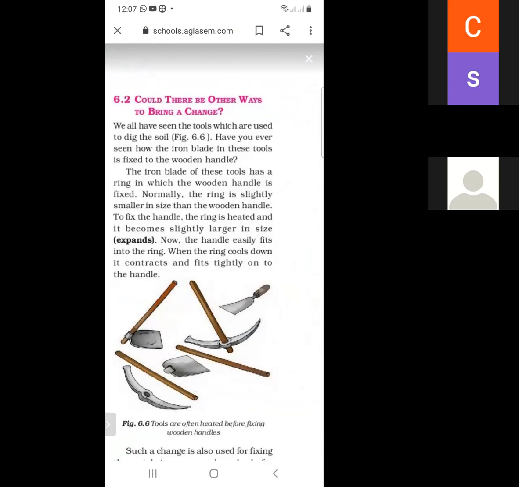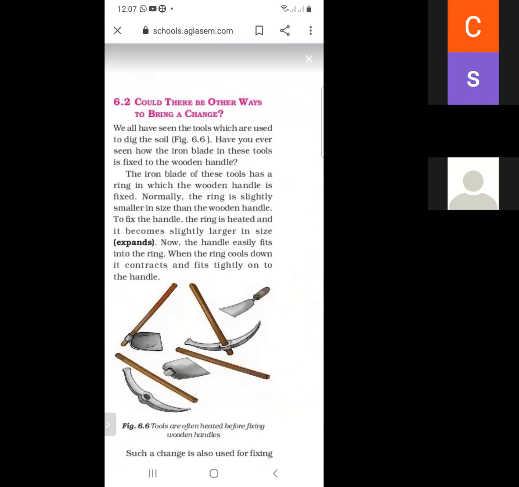So these are the tools, and they are often heated before fixing into the wooden handles. When we heat any material, such as iron, it expands and its size increases.